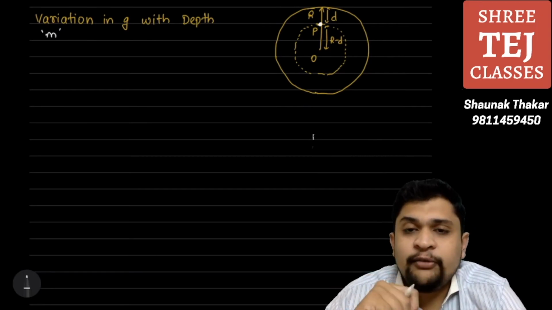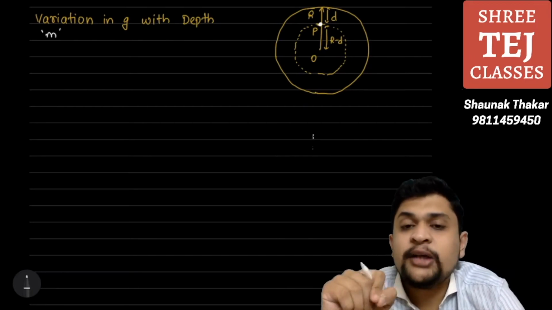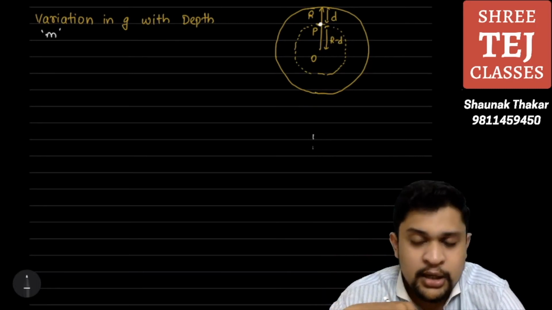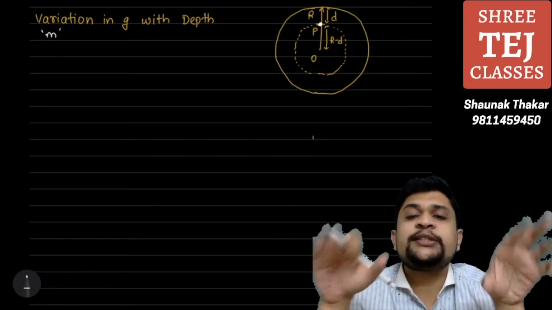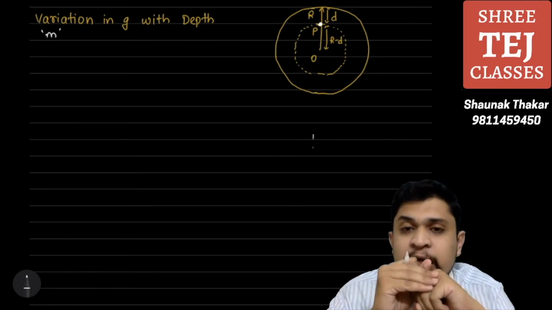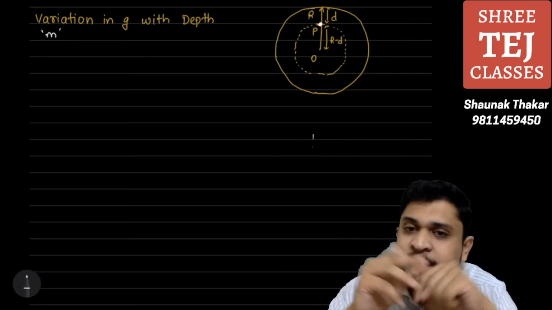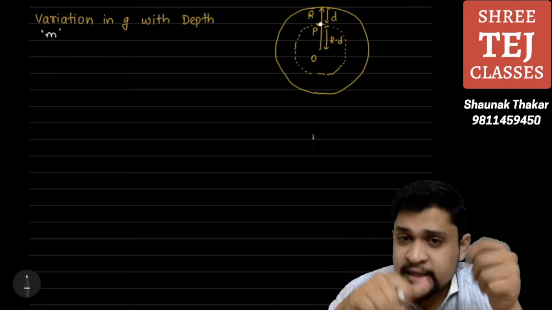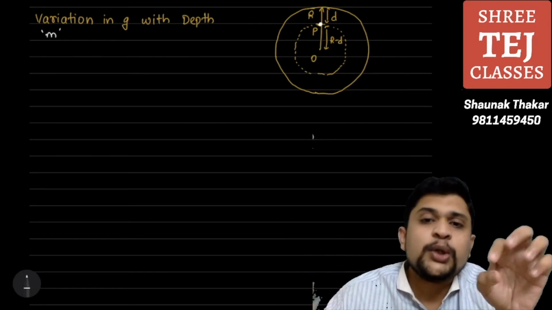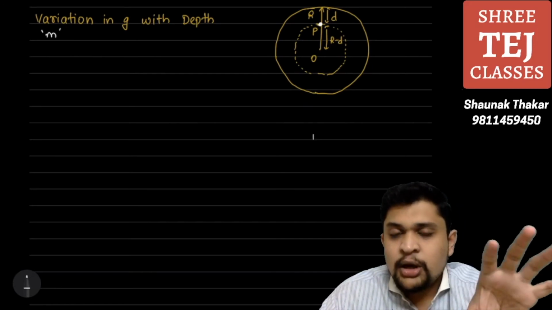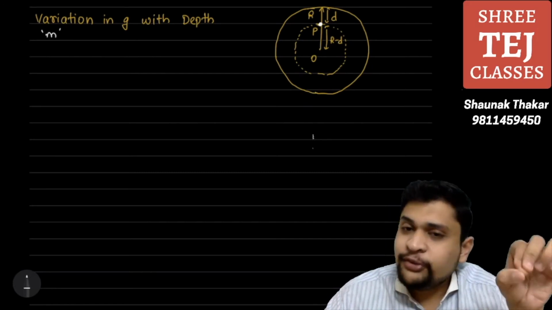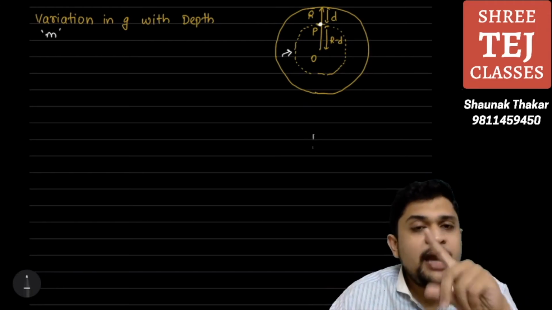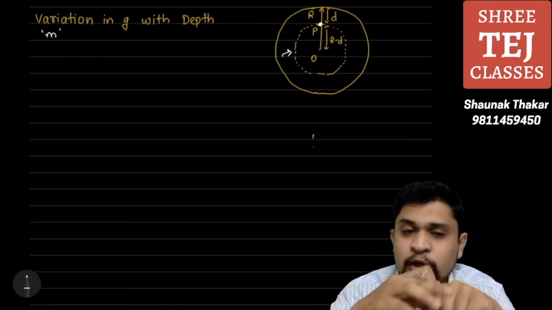Now, we have to be careful to consider the mass of the earth which exerts gravitational force on this object. So, the shell which is outside of the mass m at point P, the gravitational force exerted by that shell would be symmetrical from all sides and hence would get cancelled. This can be proved, but we don't have enough time to do that right now. So, the only force acting would be due to the inner shell. But remember, we have to consider the mass of just the inner shell, not the whole earth.